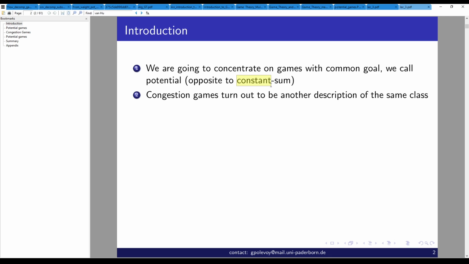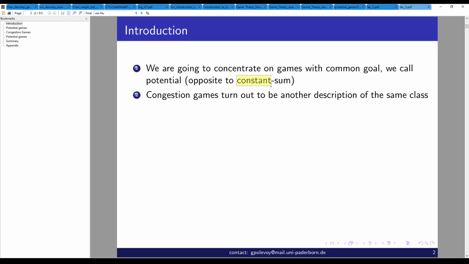Now, the in a way opposite, but also important, topic of potential games, which we are going to study now, is usually not taught on such introductory courses. And actually, it's not presented in the books, it's presented in the paper I've mentioned. You don't have to read the paper, of course, but you can if you would like to understand it better.